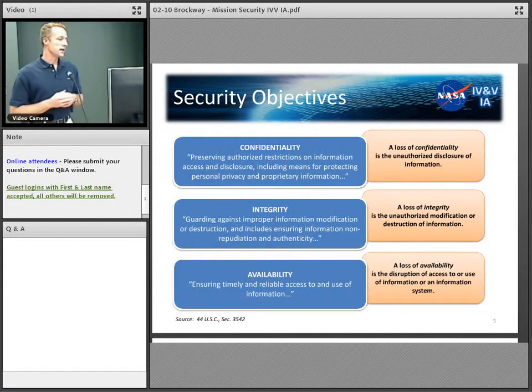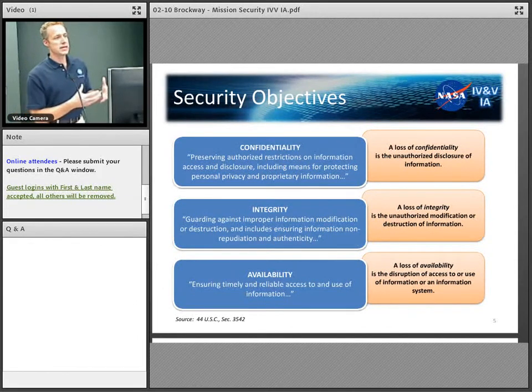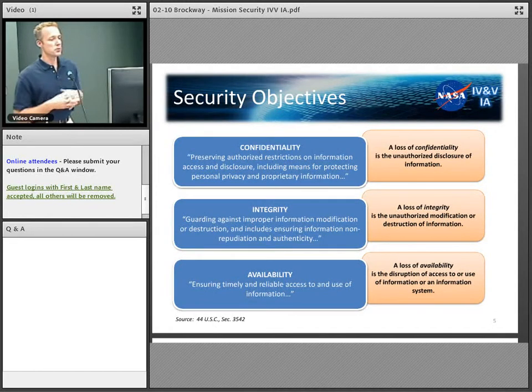And so NIST, as well as other organizations, really put this as the basis, and you'll see how this plays into characterizing the system such that then you can perform a risk assessment, select the proper security controls, and indeed determine what your security posture should be and is, and how it should be monitored.